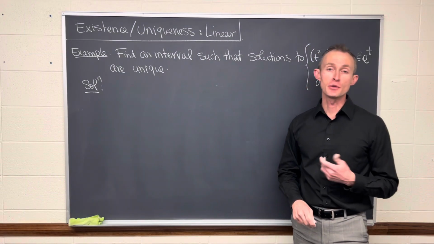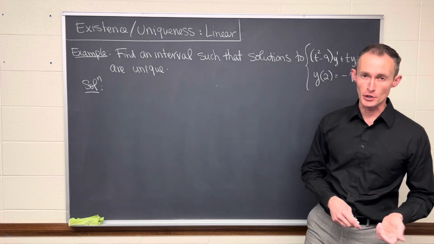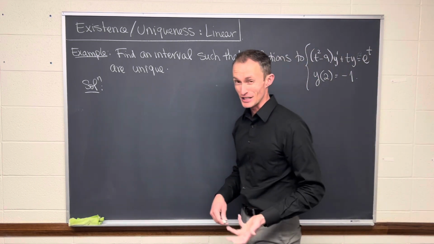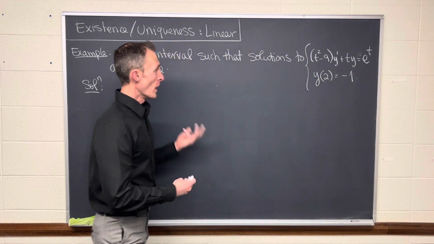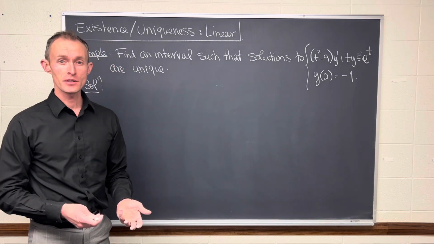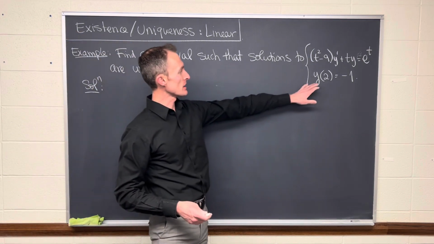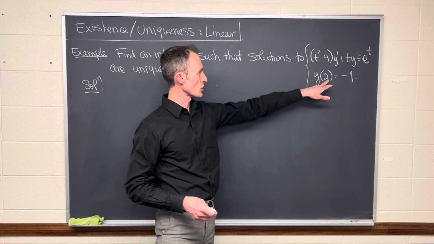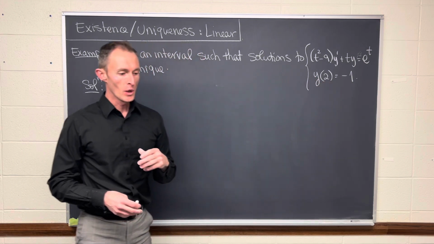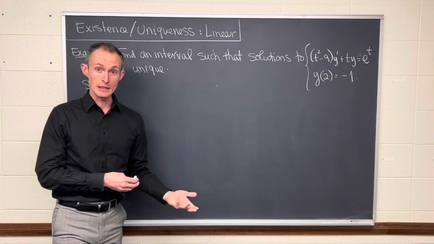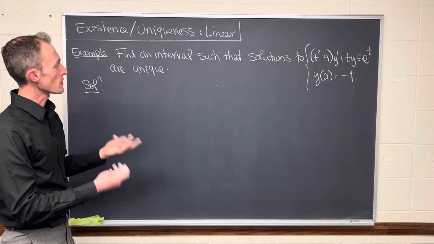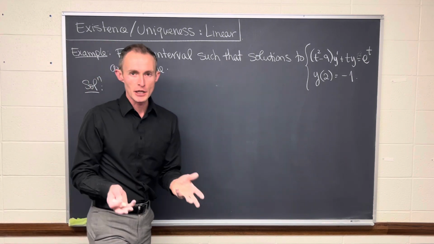All right, existence and uniqueness to linear first order ODEs with initial conditions. We want to understand, when do solutions exist to ODEs? And if I have this initial value problem, so I have this initial condition y of 2 is equal to -1, when are solutions actually unique? Okay? So the first thing that we want to do is, there's a nice theorem that governs this whole thing,